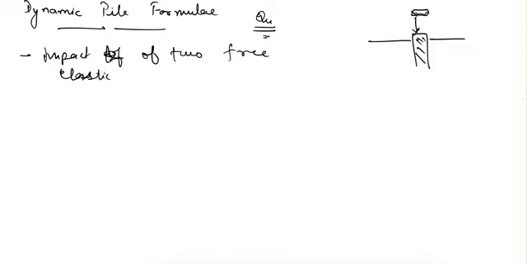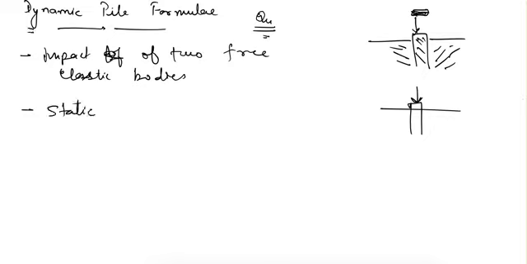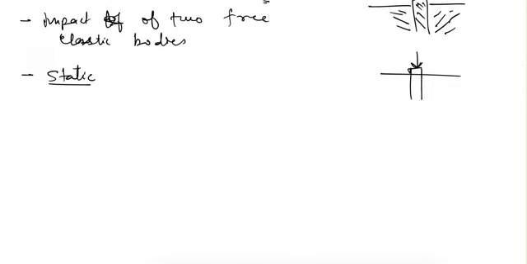That is kind of a limitation also, because in reality this pile is not a free elastic body, because it is surrounded by the soil, so it cannot move freely. There will be resistance between the soil and the pile. That is one of the limitations. Apart from that, in real field condition, some static loading will be applied. So the actual loading is not the impact loading, or the dynamic kind of loading, it is the static loading which is going to be there on this. So these are the limitations of this formula.